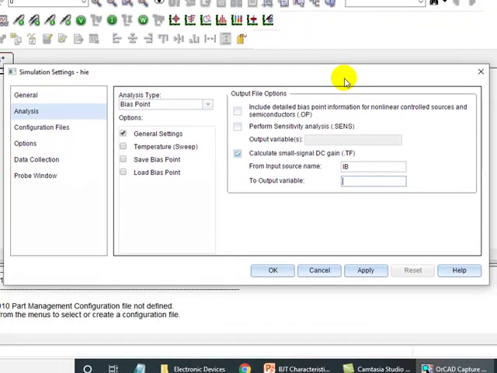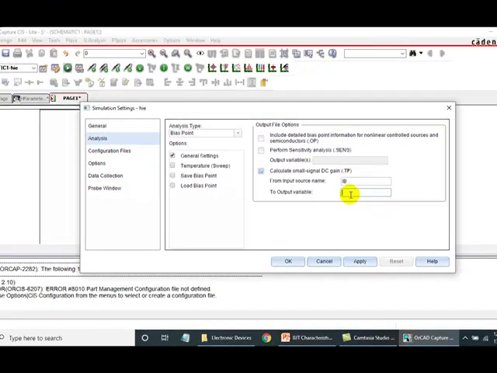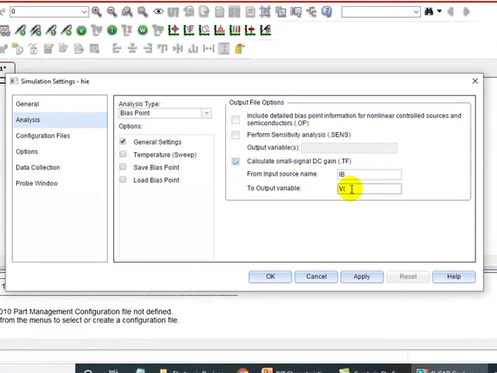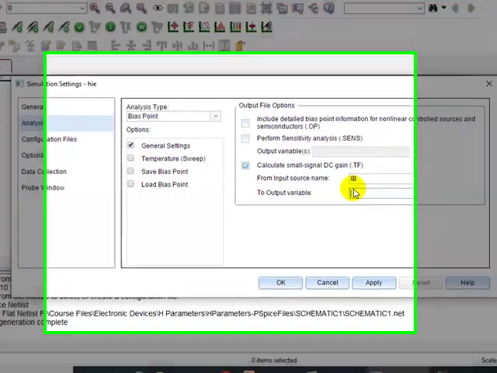So the output variable is VBE, that is voltage of base terminal, because emitter is grounded, it is always measured with respect to the ground. So I'll enter voltage of base terminal. The output variable is voltage of base terminal of the transistor.